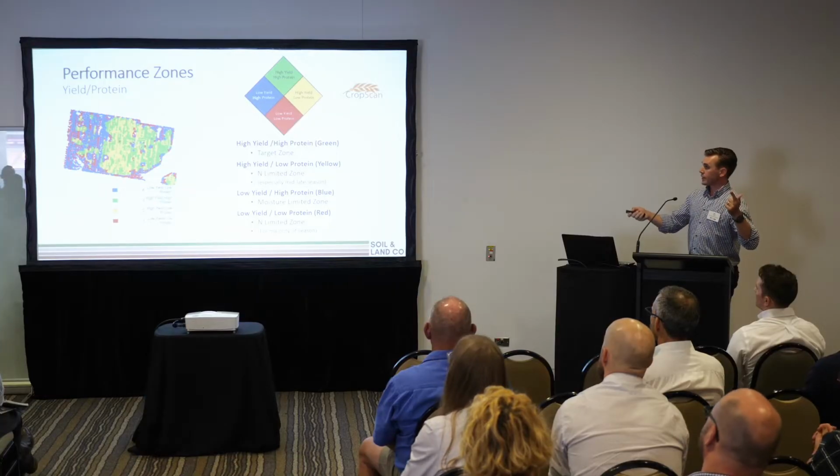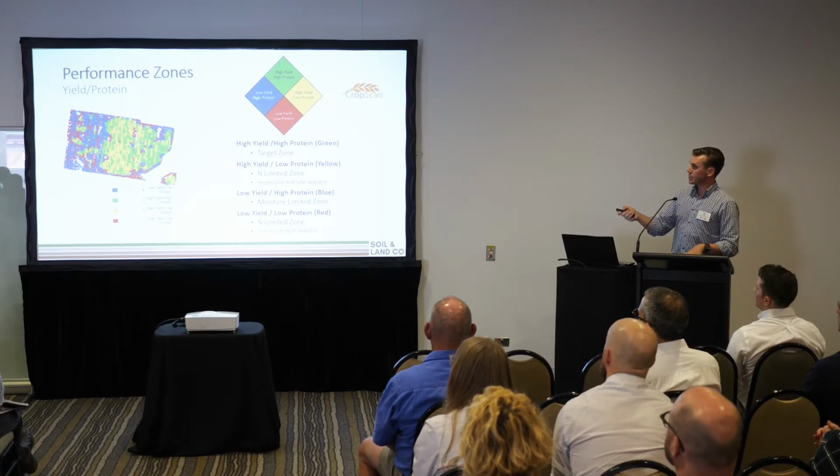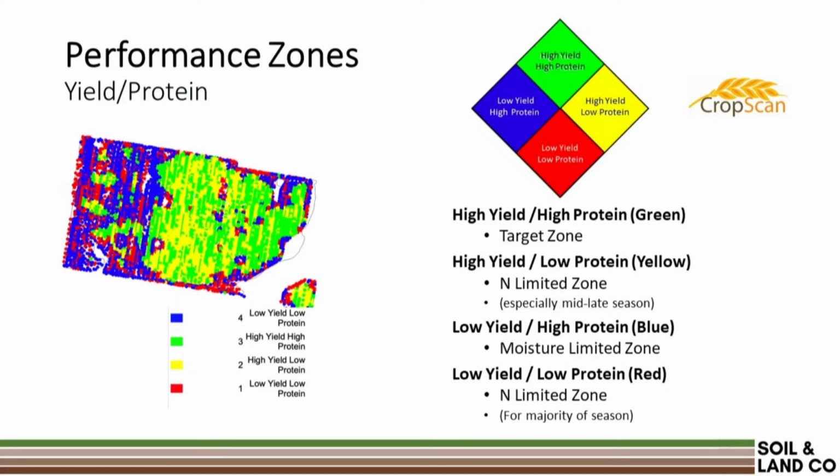So we then group these paddocks, so you get the yield and the protein, group them into management performance zones: high yield high protein, high yield low protein, low yield low protein, low yield high protein. We want to target the green zone. Nitrogen is limited in the yellow zone. The blue zone is showing your moisture limited zone, and your red zone is your N limited zone for the entire season, where usually your yellow zone hasn't had enough N to fill the grain at the end